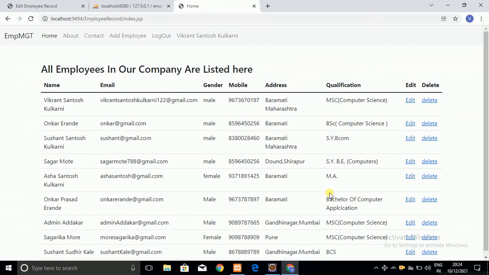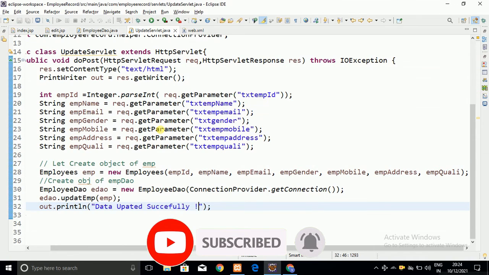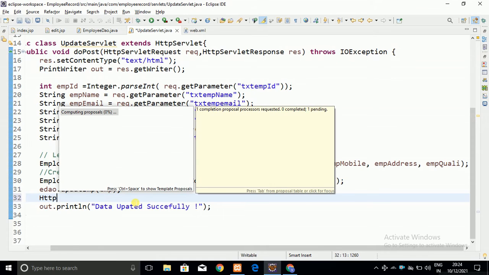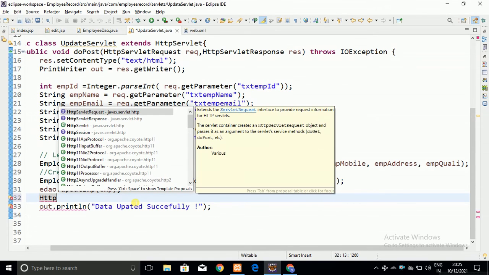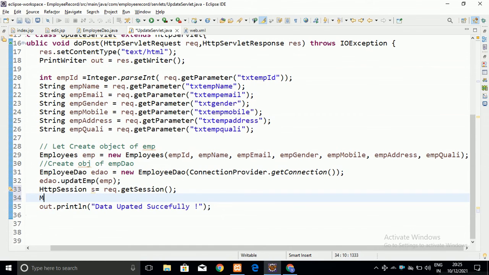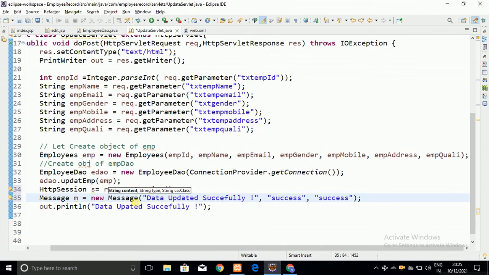But here you can see that we have to navigate to the index.jsp page again whenever the data is updated, and we also have to display a nice alert message. For that purpose, let me accept the session here in the update servlet, request.getSession, and to that session we are going to give the message, Message m equal to new Message, which is the message entity object that we have created.